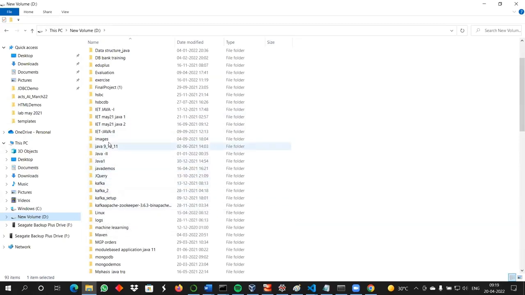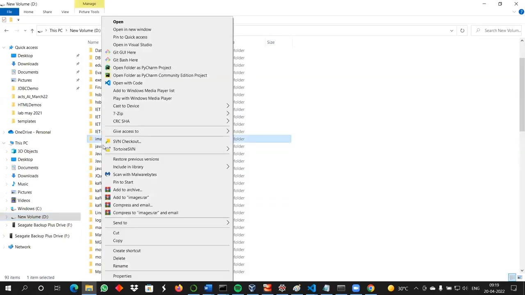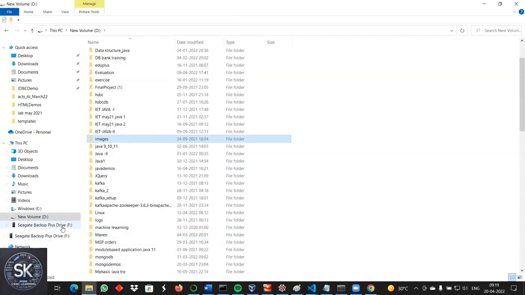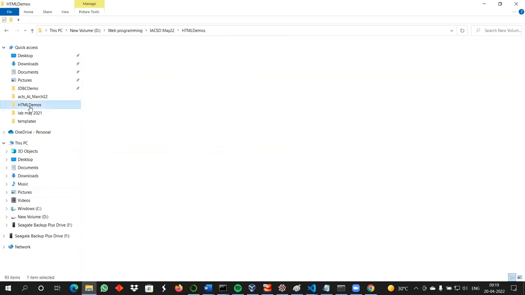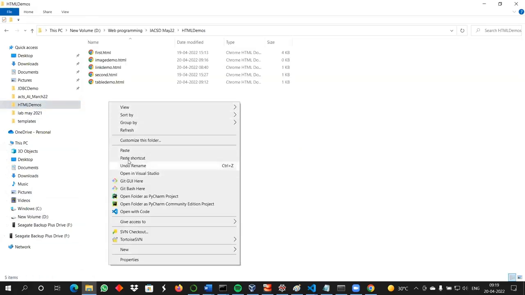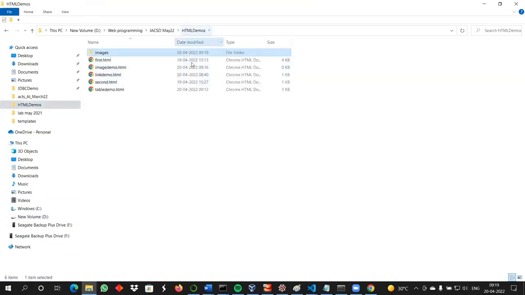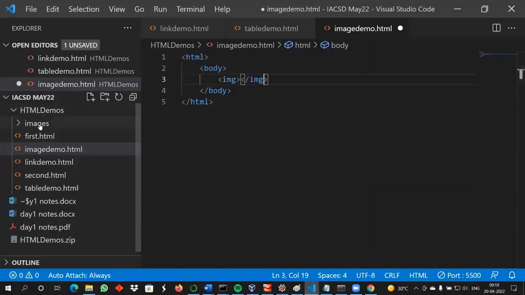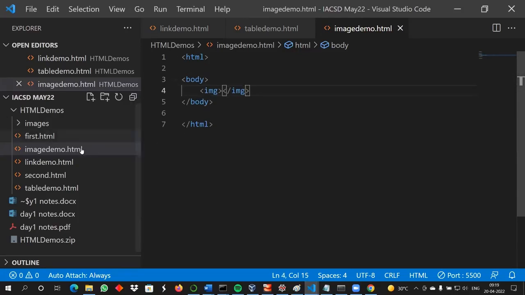for that, whatever this images folder is, where did the images folder go, this one. So you can copy this images folder into your HTML demos folder. अभी यहाँ पे अगर मैंने copy paste किया, तो now the folder which I have opened here, it is within the limit of that folder. Now you can access it. But then for this image, I will have to give the,